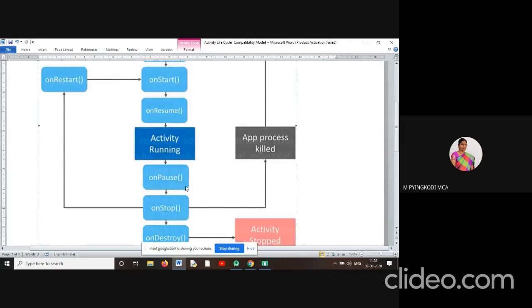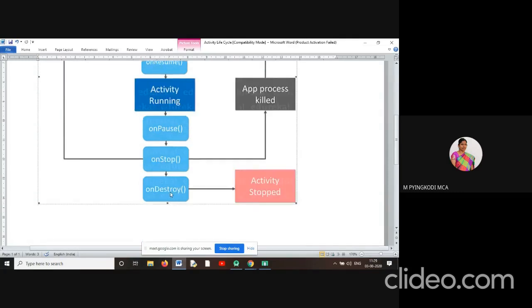Or else we can restart the activity once again. After stopping an activity, it will enter into the onRestart method. There is a possibility that the activity can be opened again, or else it can come to the onDestroy method.